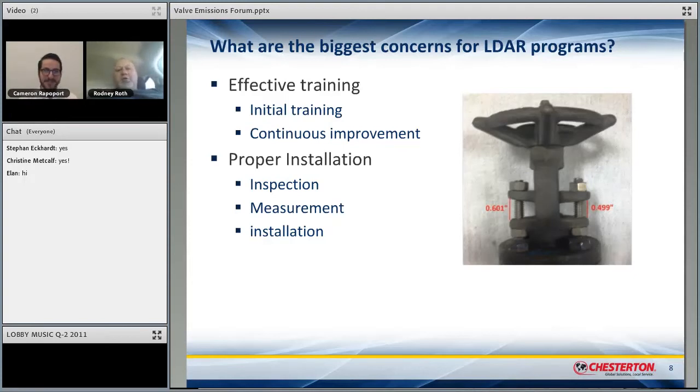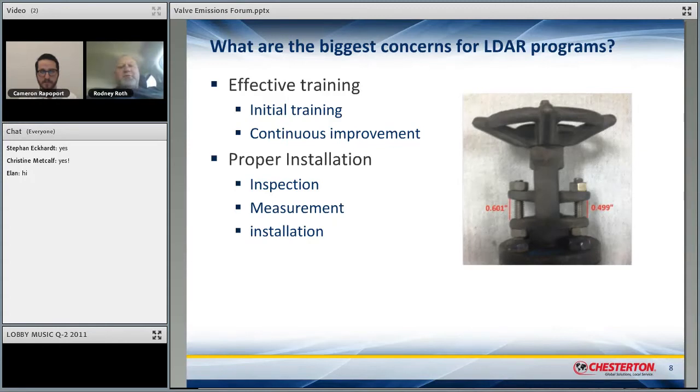The biggest issue with LDAR programs is there's a tremendous amount of training for managing the leak detection. There's a tremendous amount of training on how to manage the reporting. There's a tremendous amount of training on how to manage the program, but there's little to no training on the actual repair, the R. So, again, the presentation I made on Wednesday for the 4C conference was managing the R in LDAR, and the emphasis pretty much after every other slide is that there has to be training.